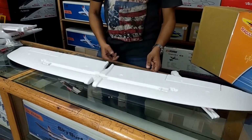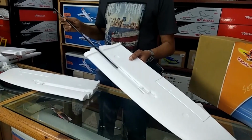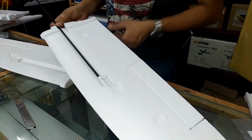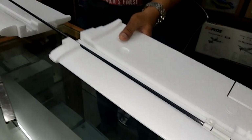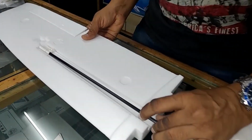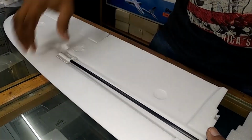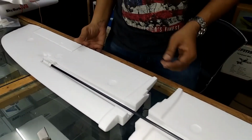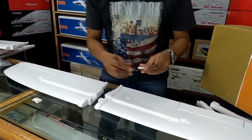Now what will this do actually? The carbon fiber spar goes in all the way into this, and the other wing also, it goes all the way into this. Now how does this work? Now I'll show you how this works. Once you have glued this,